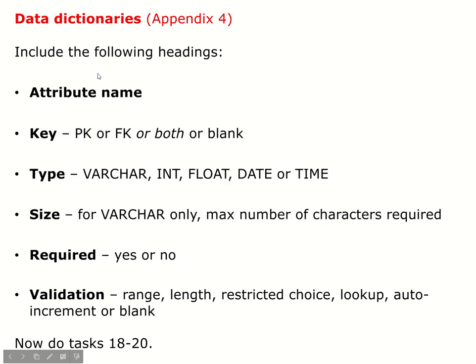Hello again. I just want to go over data dictionaries very quickly. You can read more about this in Appendix 4 of the course spec. You should mainly be familiar with this stuff, but remember, a data dictionary is just another technique we use when we